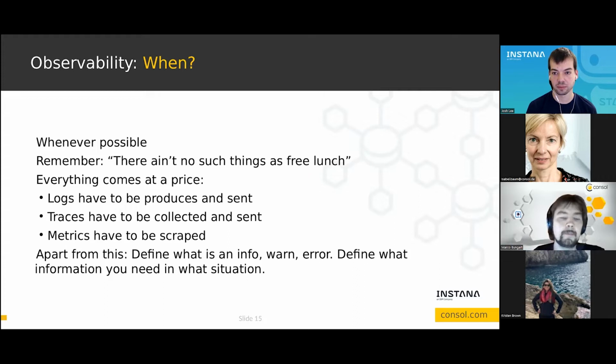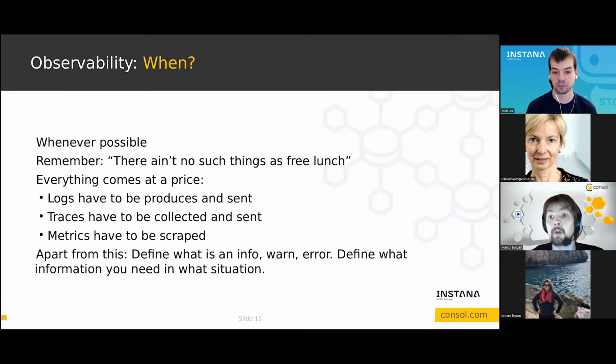Apart from this, going back to the defining of your logs and what you want to log, define clearly what is an info, what is a warning, what is an error. If you produce too many warnings or too many errors, this will raise false positives, and raising too many false positives will in turn lead to blindness.